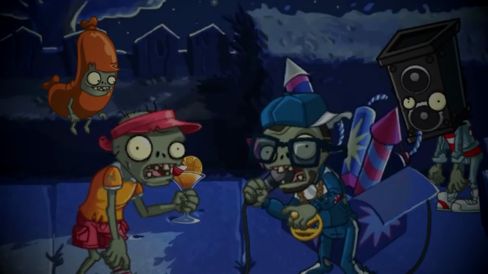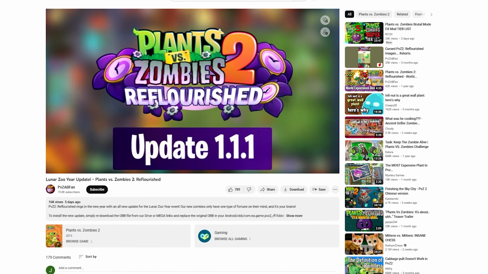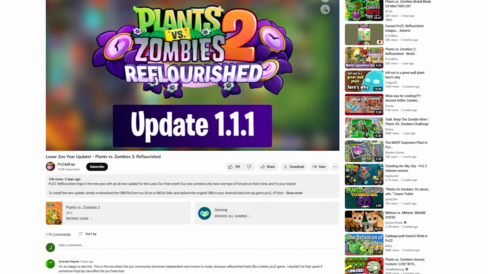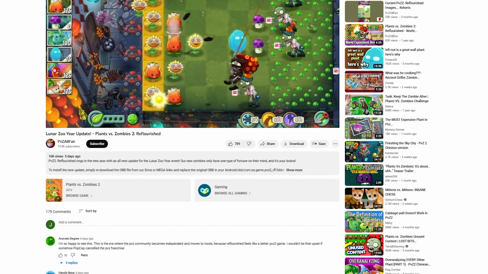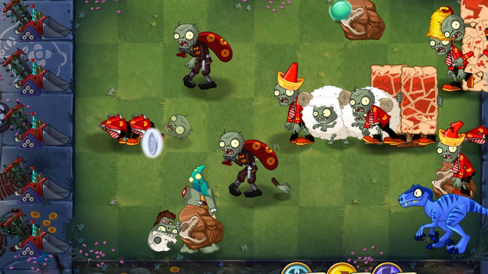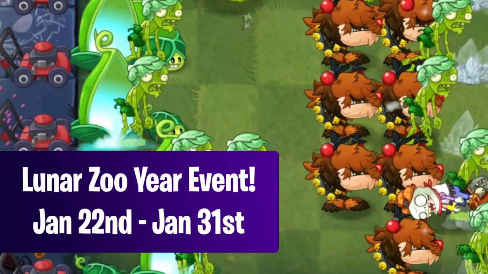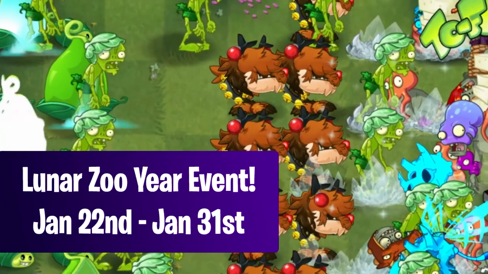Plants vs Zombies 2 Reflourished's Lunar Zoo Year update has arrived. Last week, a new trailer was published on the PvZ AB Fans YouTube channel that took us through briefly what we can expect in version 1.1.1. The main things being the upcoming timed event, Lunar Zoo Year, which runs from the 22nd until the 31st of